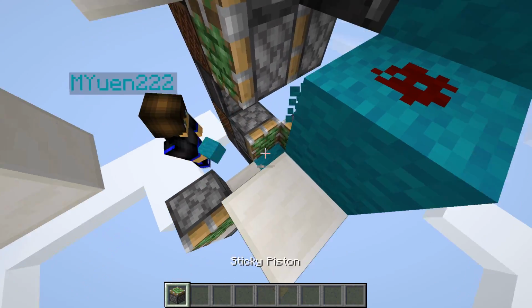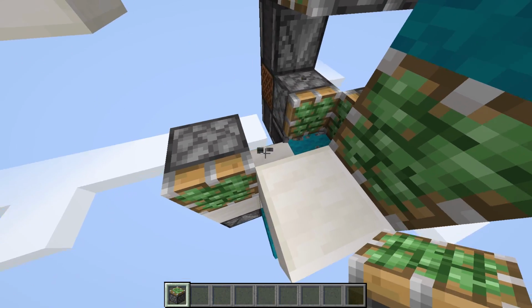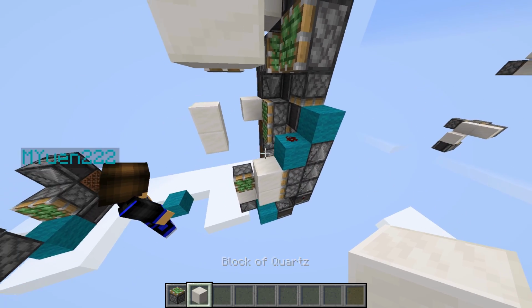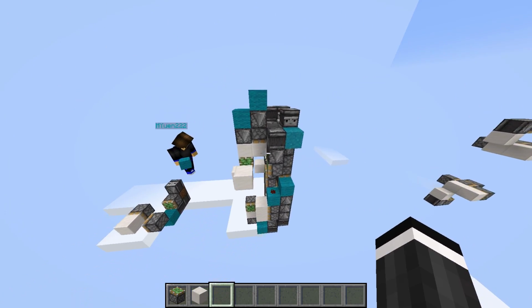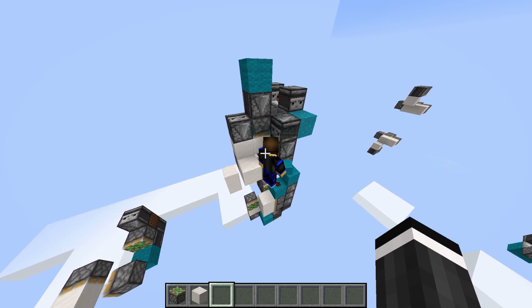So you guys remember? Originally it's like this, right? And then you push out this piston to here, except this time there's nothing there, so it doesn't matter. It just doesn't matter. So now exactly same for the top. This gets pulled back. And then